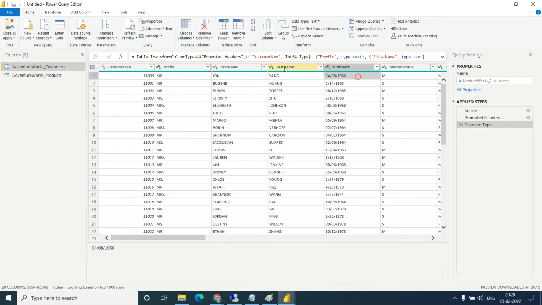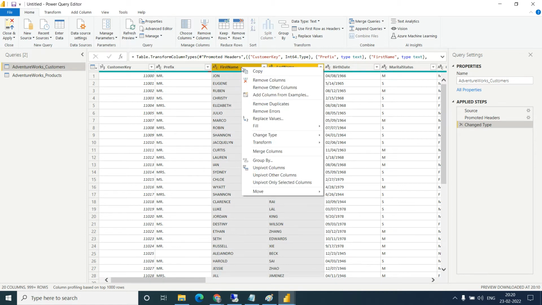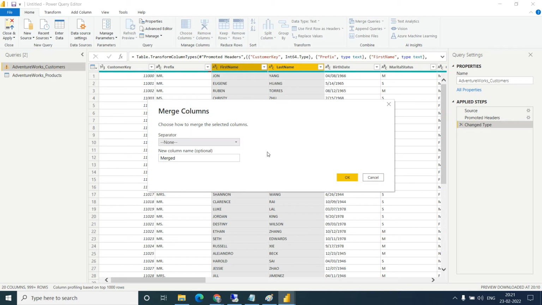Just select both the columns first, and right click on this. I will add a column, or rather, just merge the columns. When I am merging the columns, I will give the name full name. Just click on this.